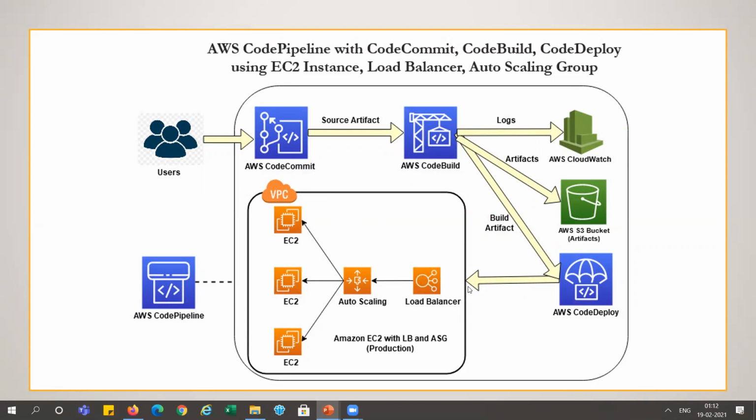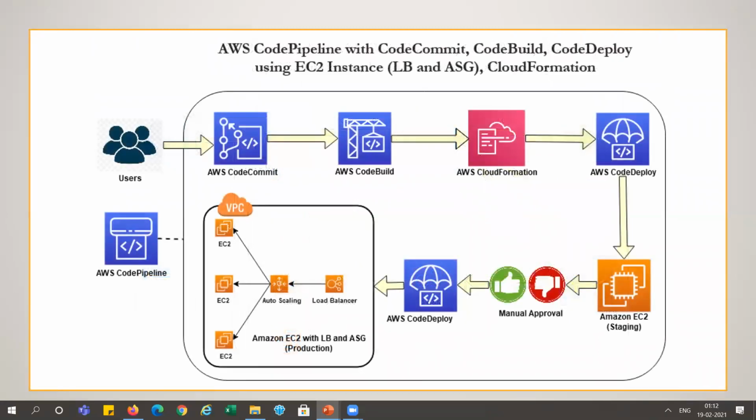We will cover both things in this lab POC. First, we will deploy to the EC2 instance, then we will create an auto scaling group and load balancer. Behind that, auto scaling will add some EC2 instances, and we will deploy the same code. Similarly, CodeBuild will keep the log files in AWS CloudWatch and artifacts in different new AWS S3 buckets. We will discuss this in part 4, and in part 5 we'll add some more things, because I'm adding things step by step so it is easy to understand.